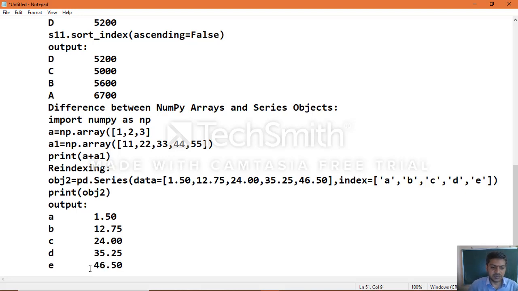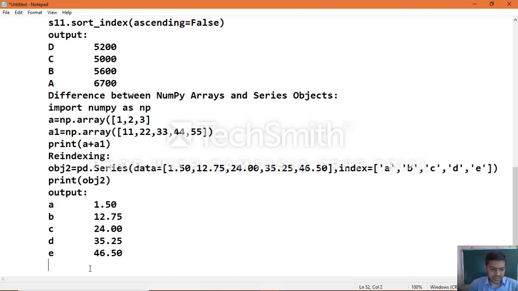This is what the object data contains on which you want to perform the reindex.